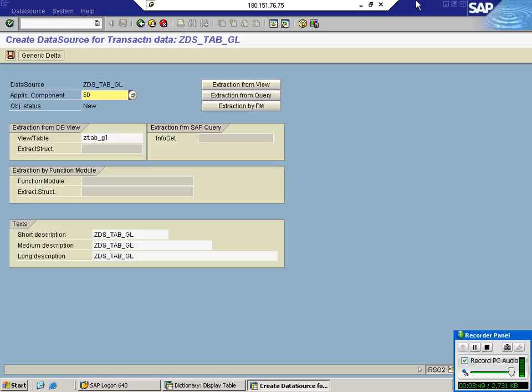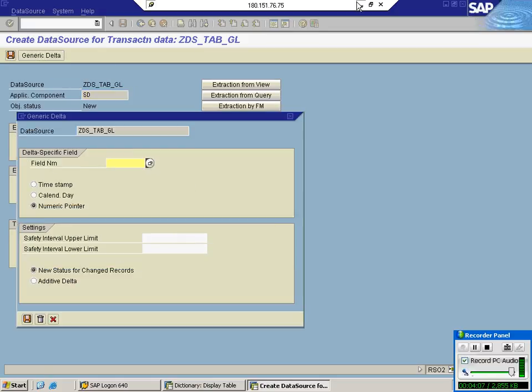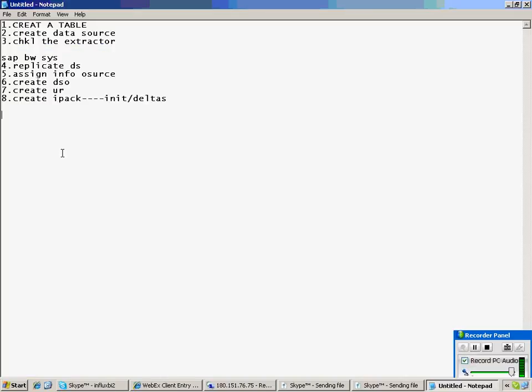Right. So then dot. Still any doubt? Fine. Now what is it asking? Generate delta. What is this generate delta? There is something called delta specific field. First one.